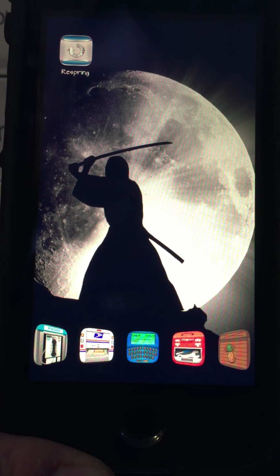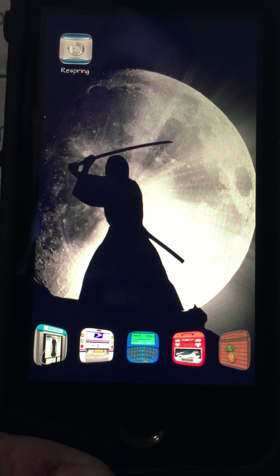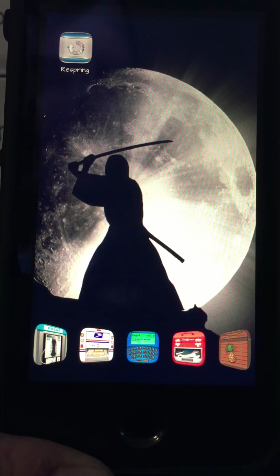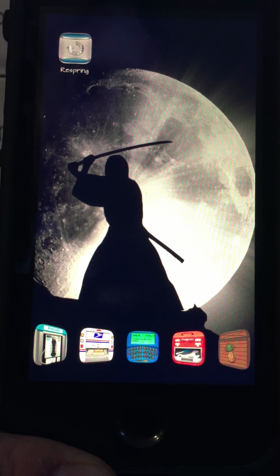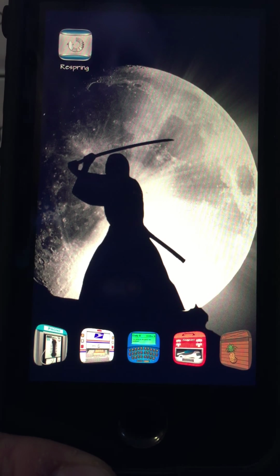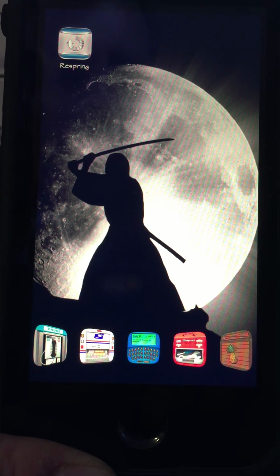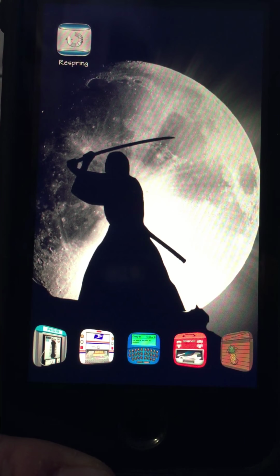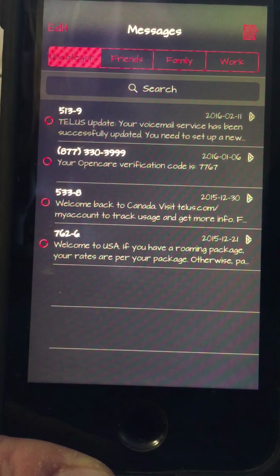Today's video I'm going to be doing productivity tweaks. This is part 2 of the productivity tweaks. So the first tweak, I'm just going to jump right into this. The first tweak that I'm going to show you today is a tweak that I should have showed you in part 1. Keep in mind, part 1 was mostly about the Messages app. This one just sort of slipped my mind, but this is a really handy tweak. It's called